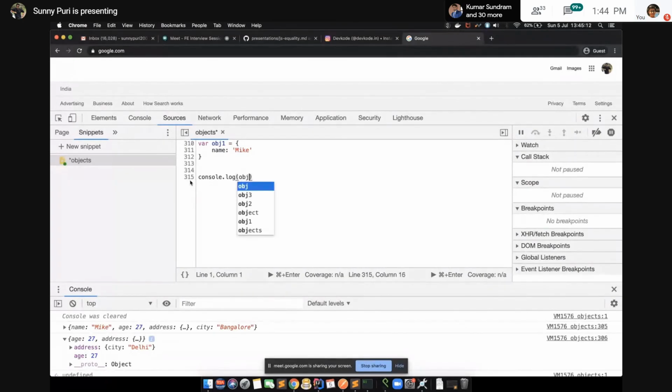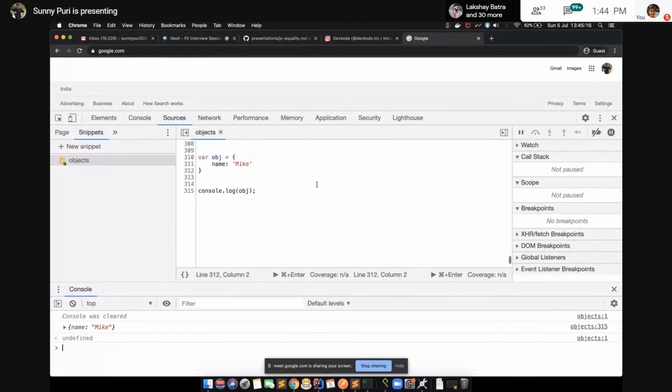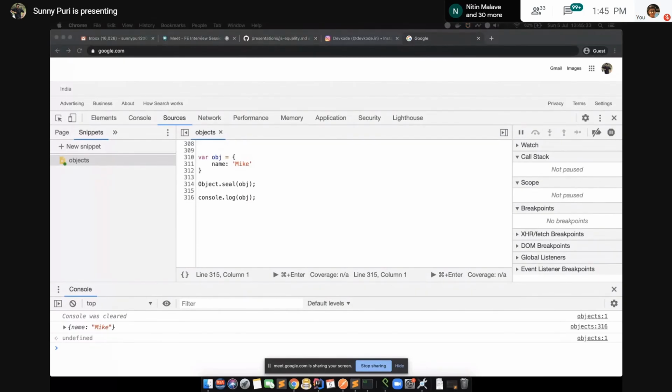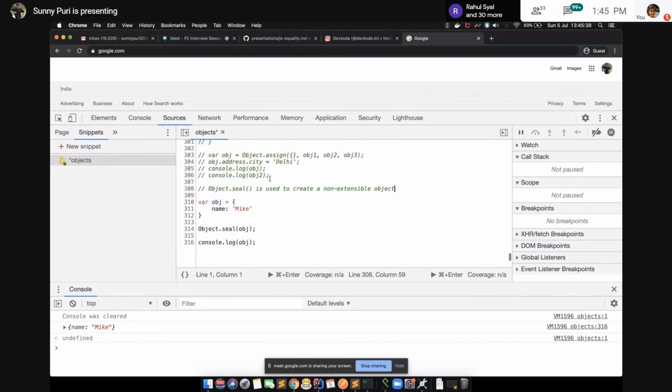So let's say I'm printing this object. I'm getting this. I said there is a new concept: seal the object. What do you mean by seal the object? Let me give you the definition. Just read it out and tell me how object 2 gets separated. That is the property of reference objects, Shivam.